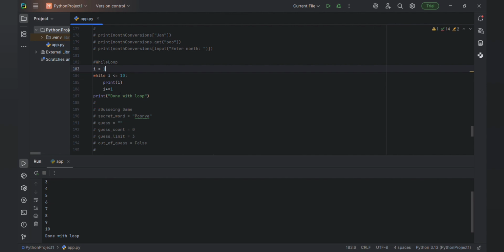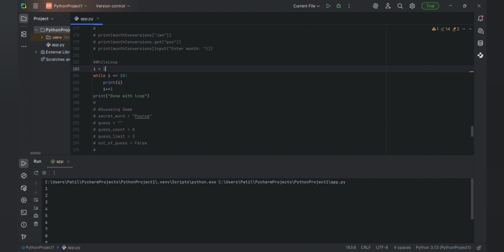So yeah, here i is equal to 1. First, i will go here. 1 is less than 10, yes, then it will print 1. First it will print 1. Next thing is we increment that 1, then go to 2. 2 is less than 10, yeah, same goes up to 10.